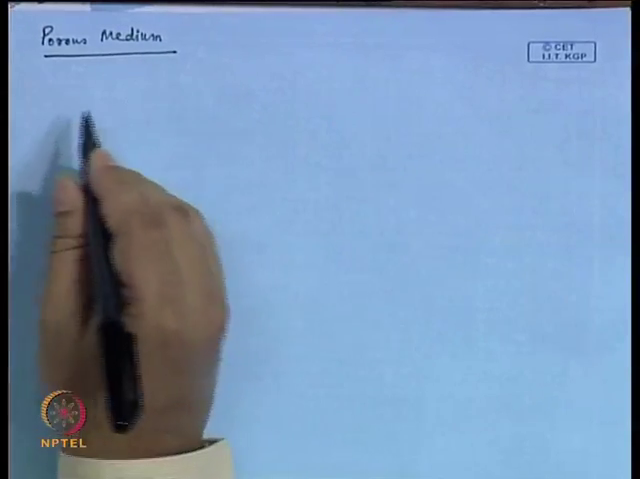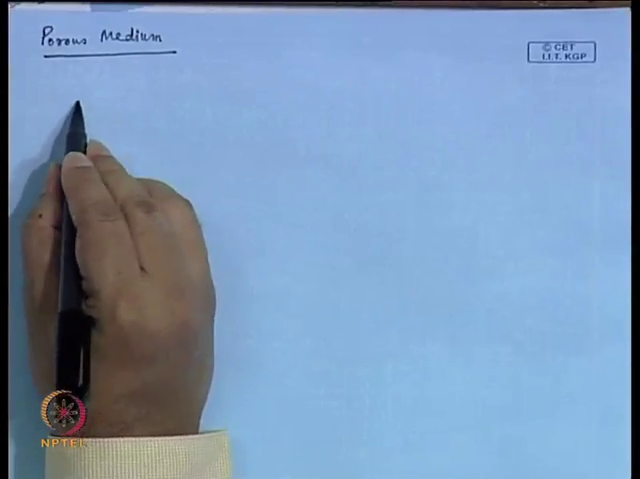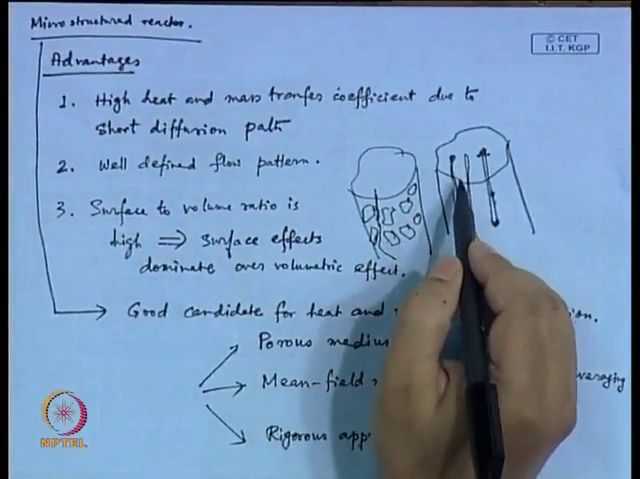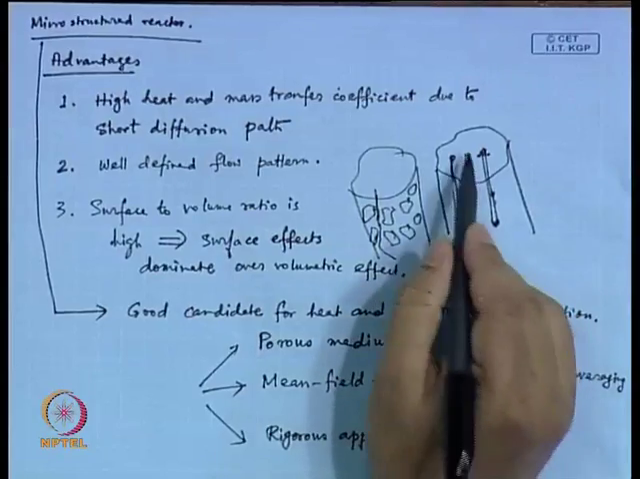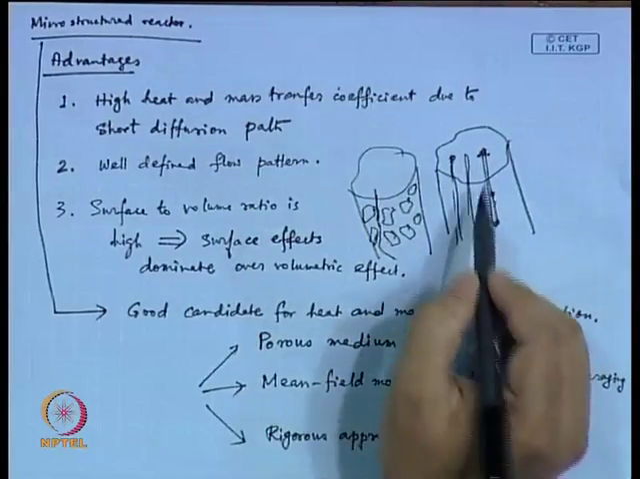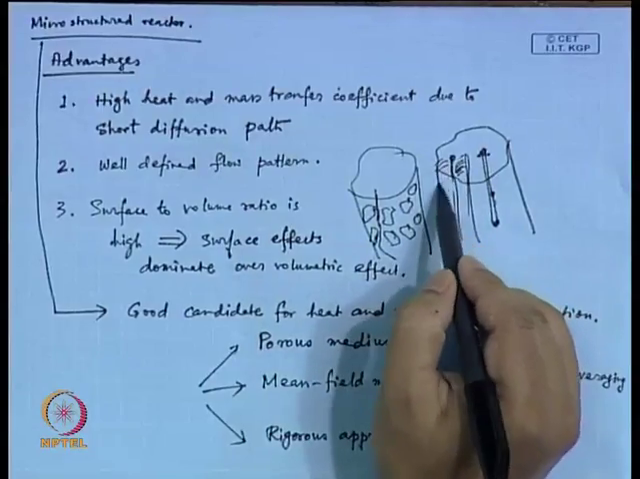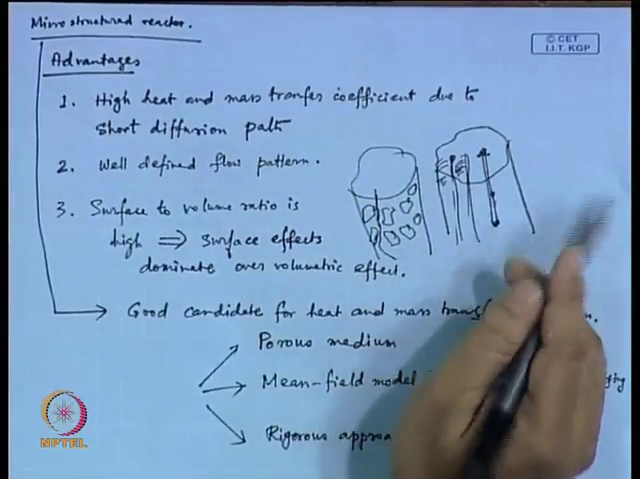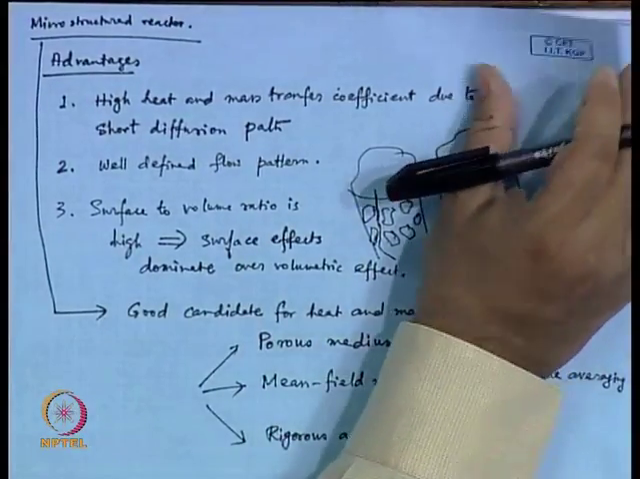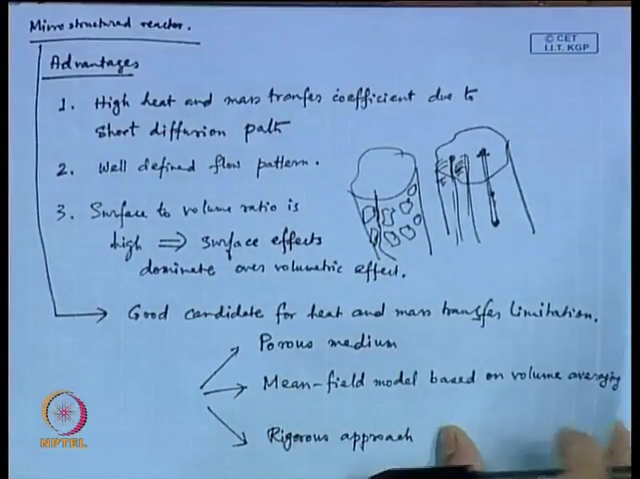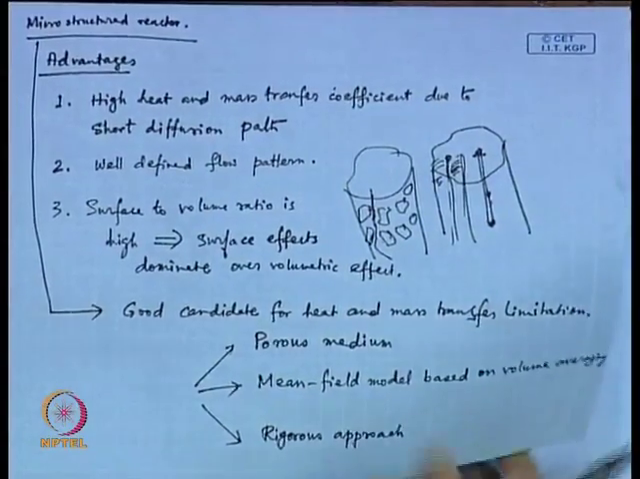Porous medium. These channels, I said that it is like a honeycomb, right? So, you have these channels which are running along the length of the reactor. The rest of the matrix is what? Solid, right? This is solid material, and in that you have channels running. Now, if you want to treat this as a porous medium, then what you would be doing is,